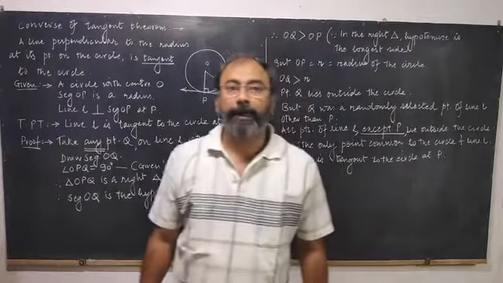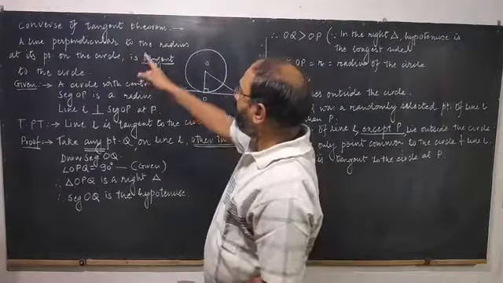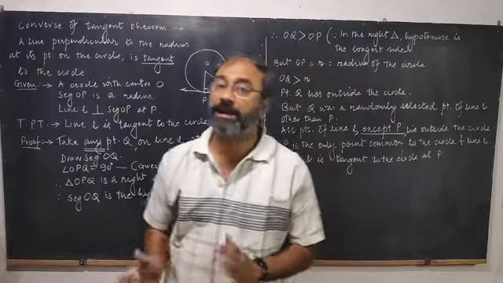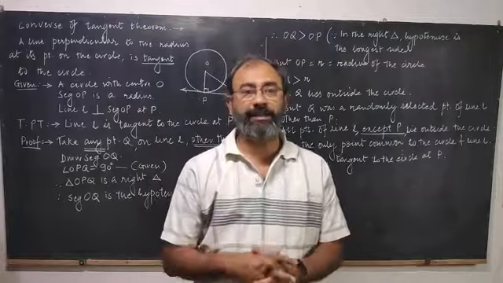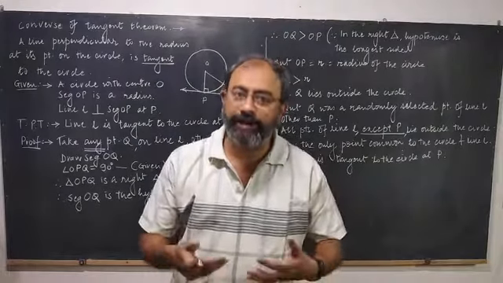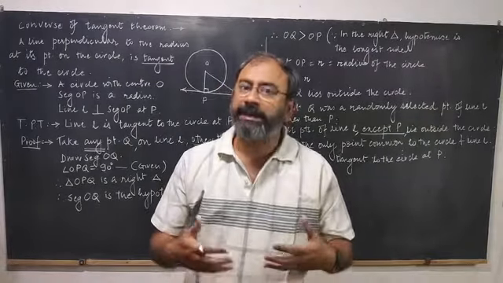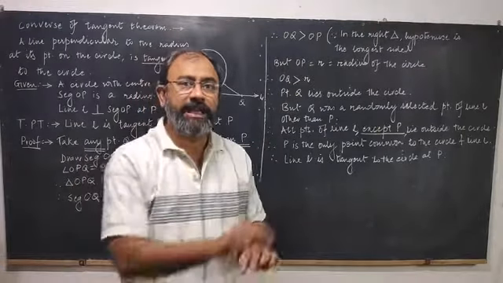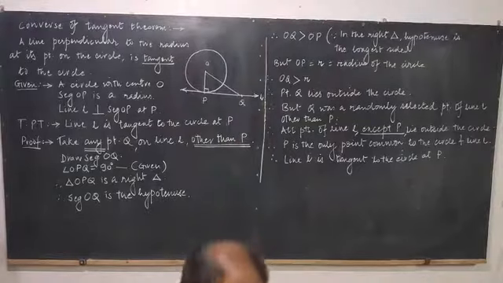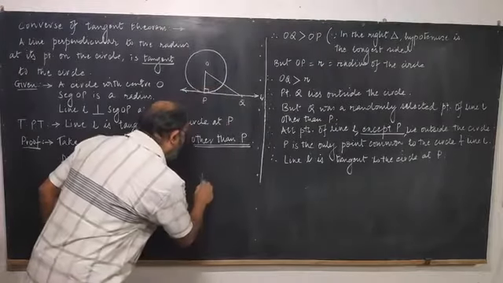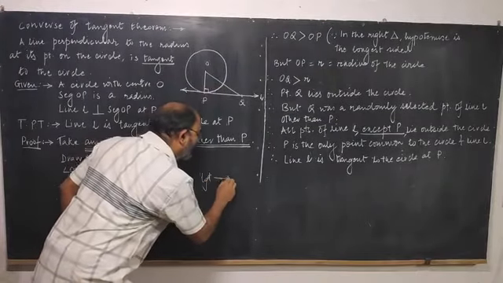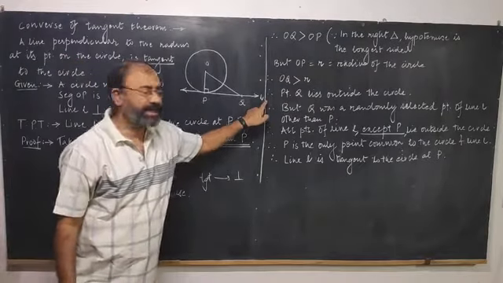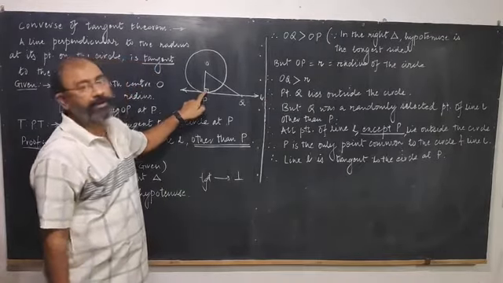Hello children, we are going to study the proof of converse of tangent theorem. Converse of tangent theorem. Okay, for that let us recall the statement of tangent theorem. In the tangent theorem, it is given that if a line is a tangent, then it is perpendicular. If a line is tangent to the circle, then that line is perpendicular to the radius